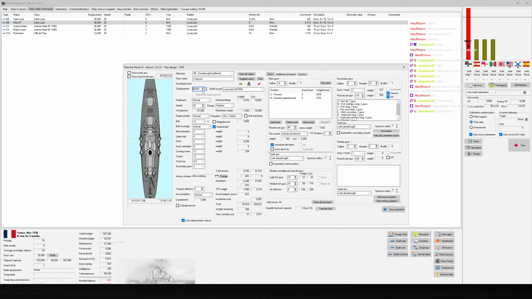I can shave off some weight. To be fair, I can shave off some weight, and that does cut the cost by about 600 a month. And that could be enough to keep these things in service. Problem is, at 25 knots, that's not...